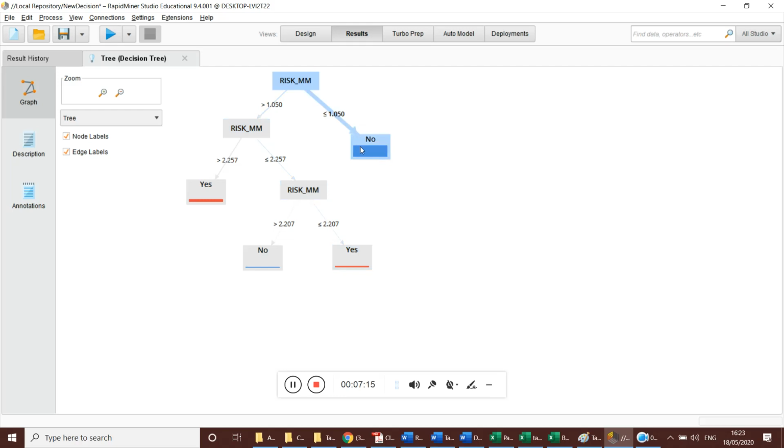Finally, when the RISK_MM value is less than or equal to 1.050, we say that it's not going to rain tomorrow.